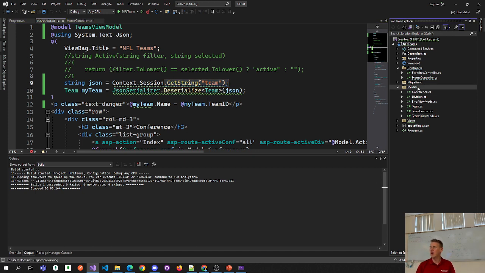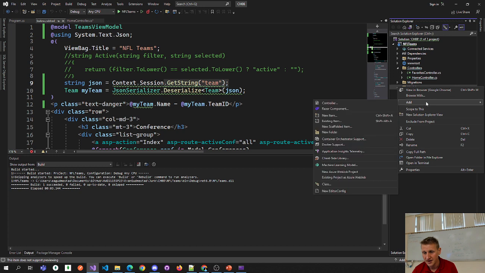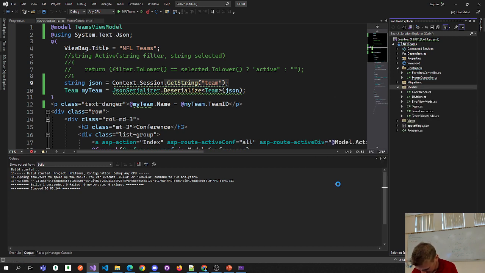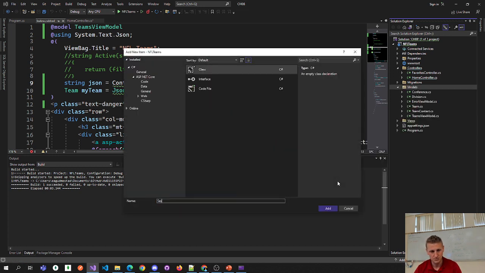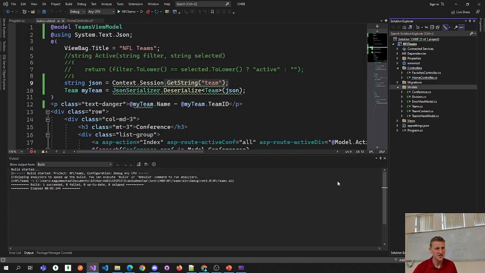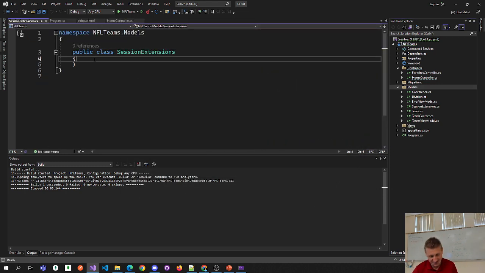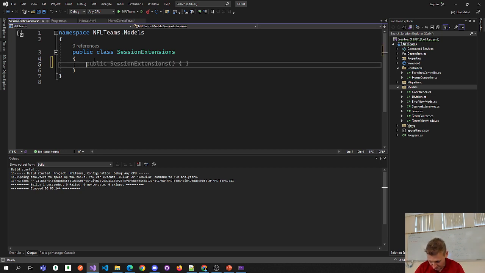I don't think we wrote extension methods in the C# class. So this is an opportunity to get another piece of C# theory that we haven't done before. In this Models folder, I'm going to add a class, SessionExtensions. And we're going to write a method